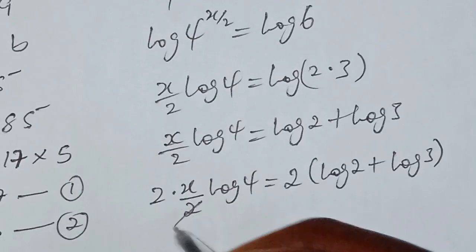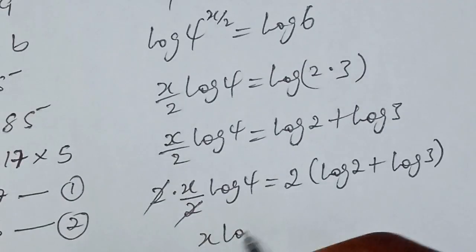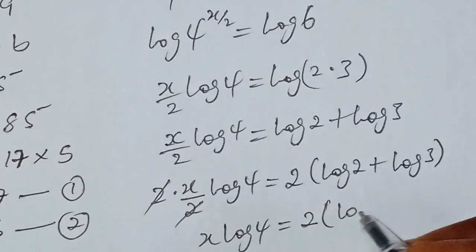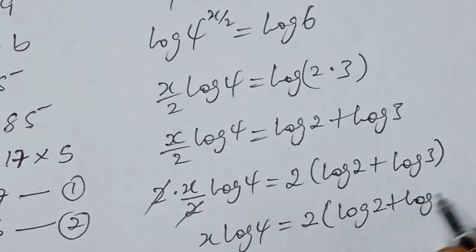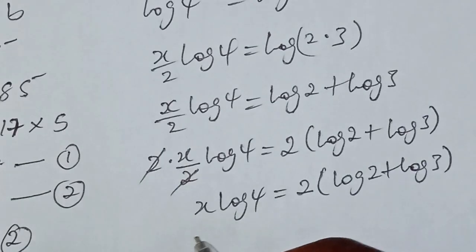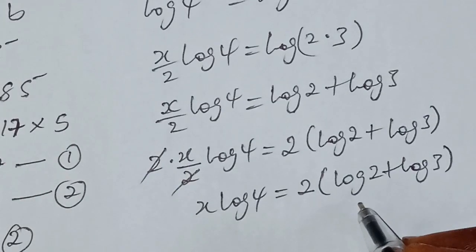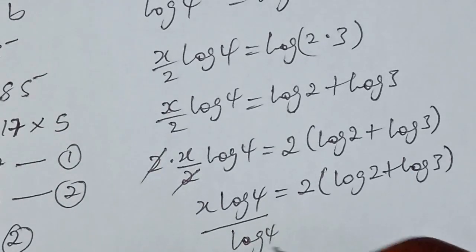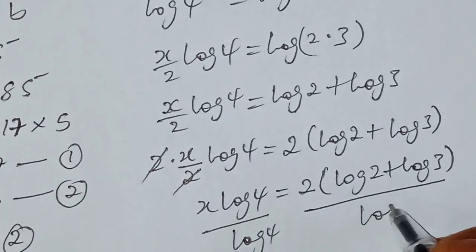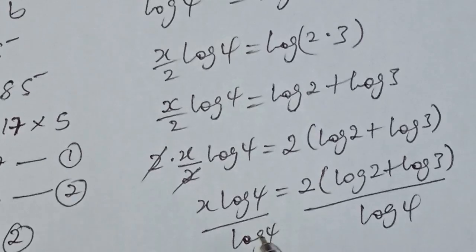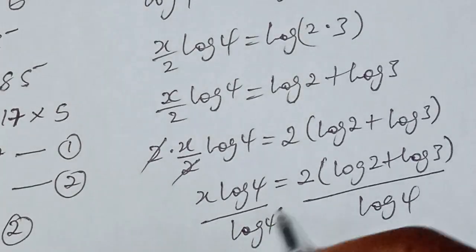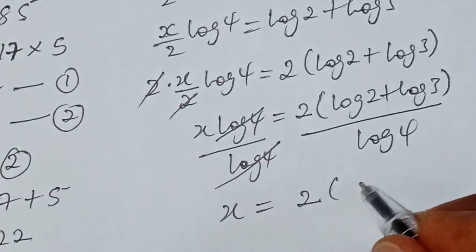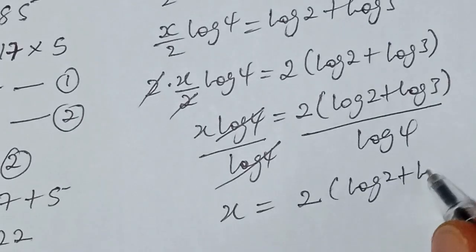So here, this cancels out with this. We have x log 4 equal to 2 into bracket log of 2 plus log of 3. Now here we divide both sides by log of 4. So we have divide by log 4, divided by log 4, and this cancels out this, so we have x equal to 2 into bracket log of 2 plus log of 3